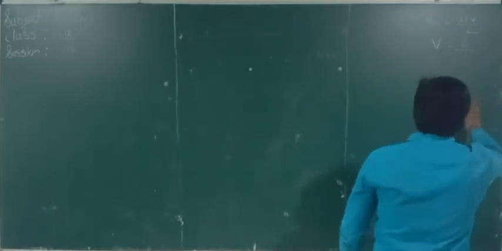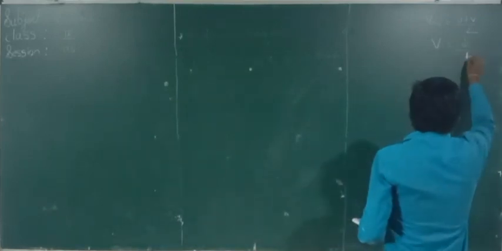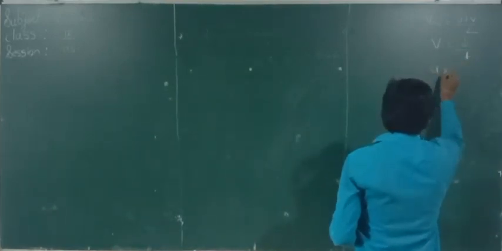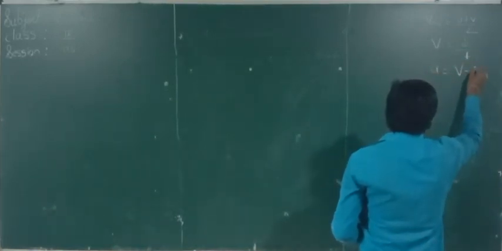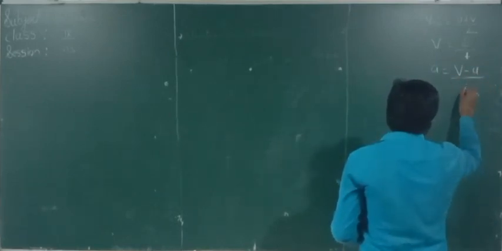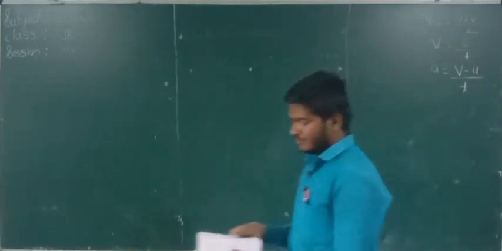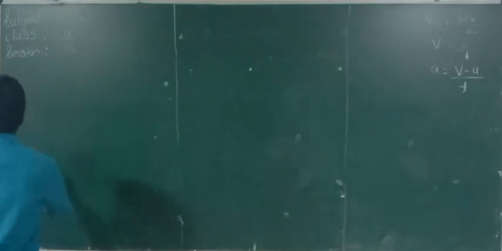So first we have to remember the expression: acceleration a is equal to final velocity v minus initial velocity u, divided by time t. The first example,